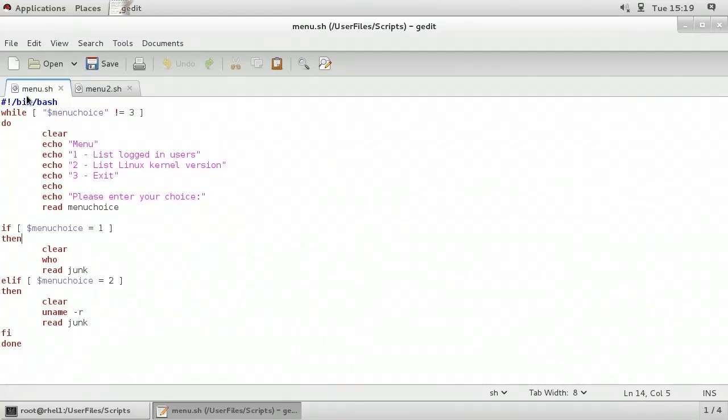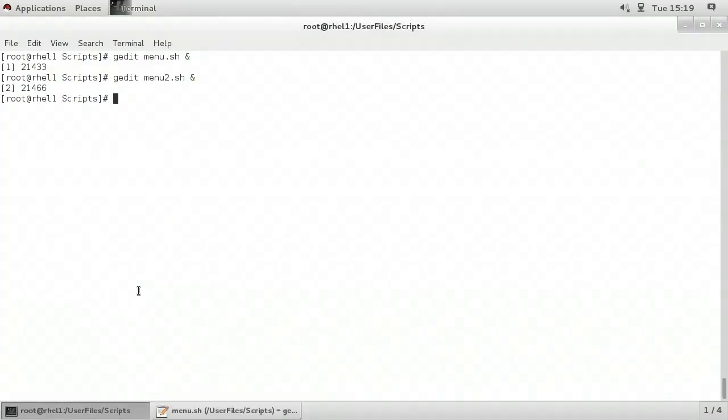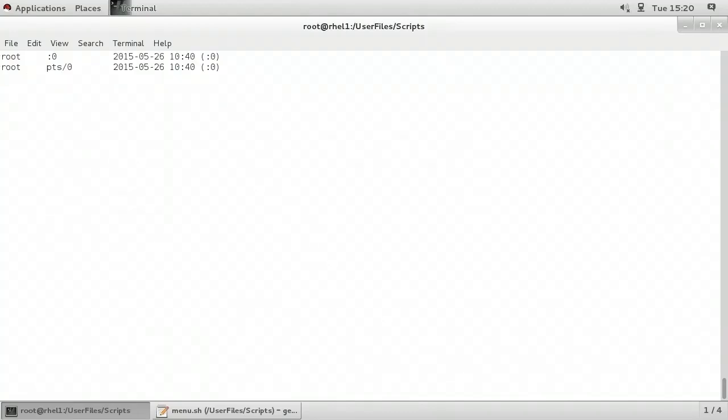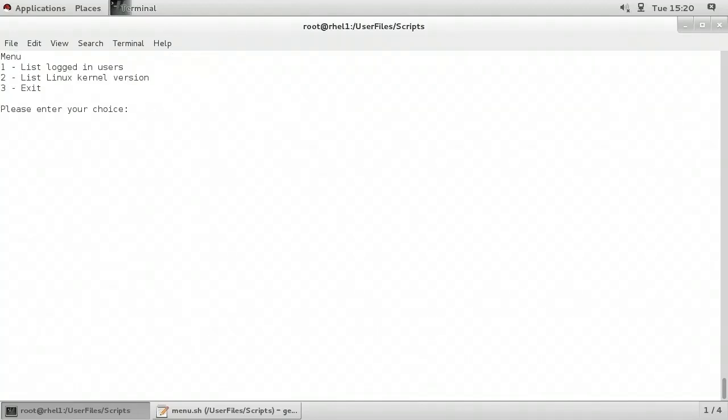Now, let's take a look at how that behaves from the command line. So this script is called menu.sh. Back here at the command line, I'm going to run that script. So I'll type ./menu.sh and I'll press enter. It's waiting for me to enter my choice from our 3-choice menu. I'll go ahead and test number 1, which should list logged in users. Okay, that works correctly, then I'll press enter. Number 2 should list the Linux kernel version, that's working. And finally, number